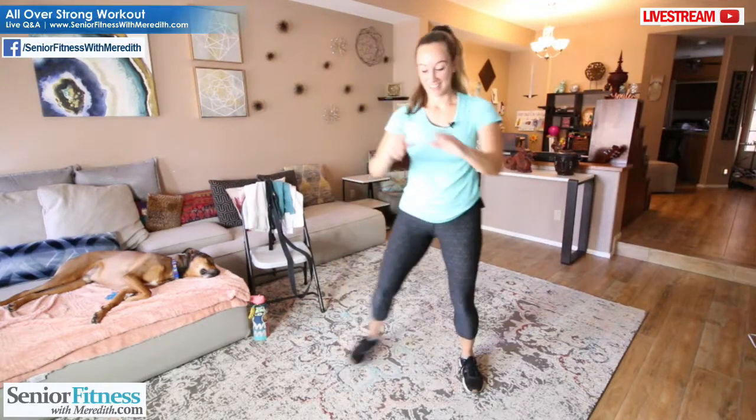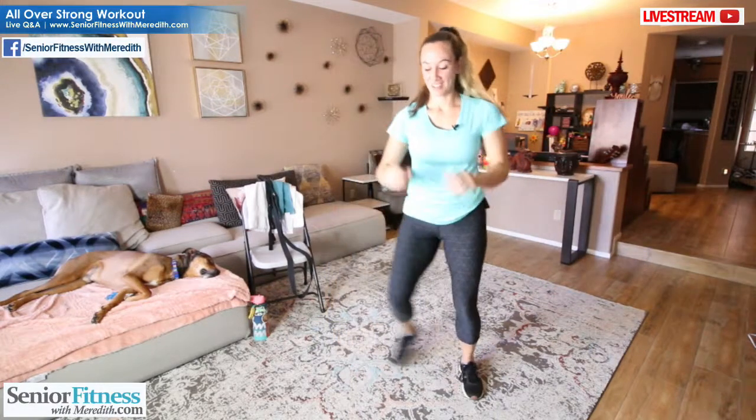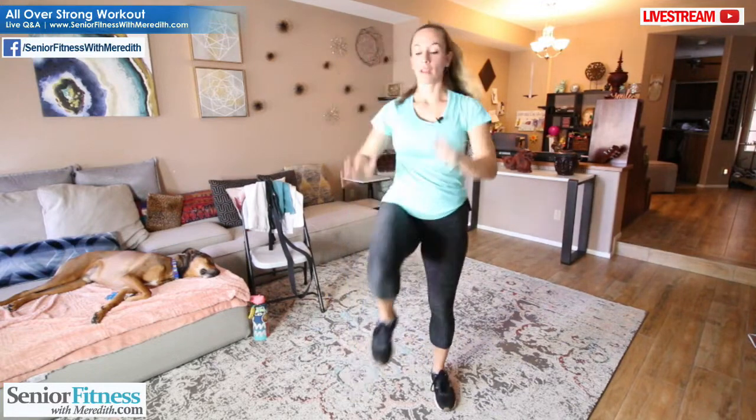Knee ups, 4, 3, 2, one more each side. Hamstring curls, right, left, curl, 3, 2, one more each side. Side steps go left, 4, 3, 2, 1. Knee ups right and left, 3, 2. Hamstring curls, right, left, 3, 2, one more each side. That side step go left, left, right, 3, 2. Let's do one more round of 4s. 4, 3, 2, hamstring